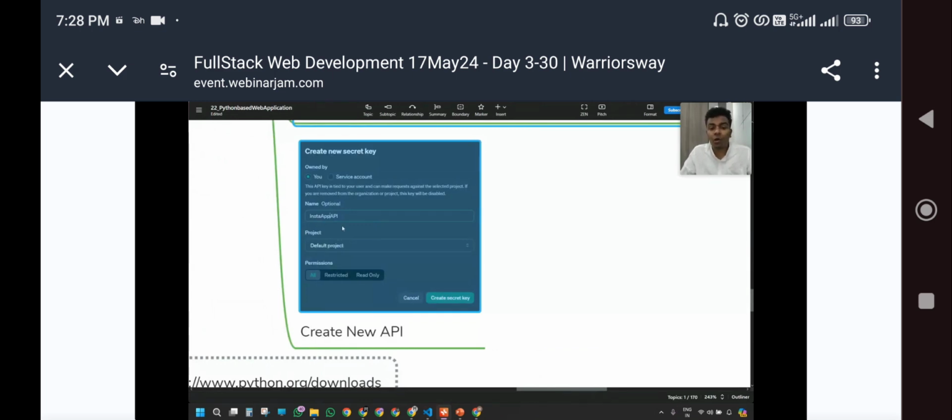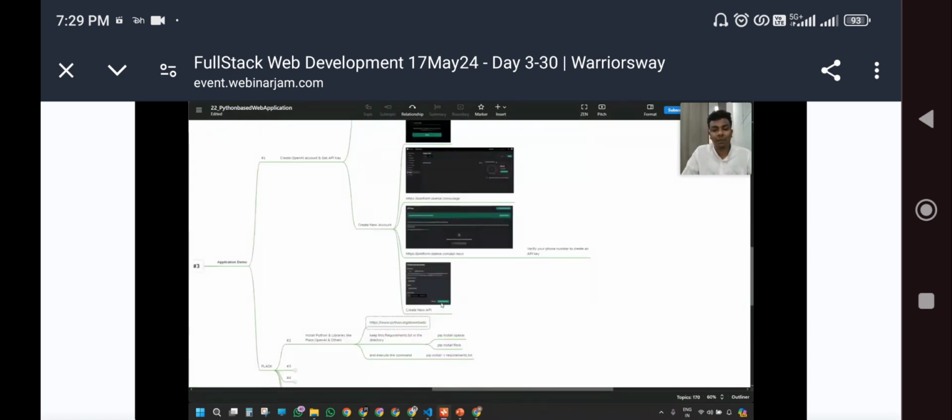You should disable auto payment consumption and all of that if you are using your card. Be aware, because if you have accidentally turned on auto consume mode or something, it will automatically take the money from your credit card. So please be aware of it. Once you have done that, you just give a name for your API and click create secret key. That is our second step.